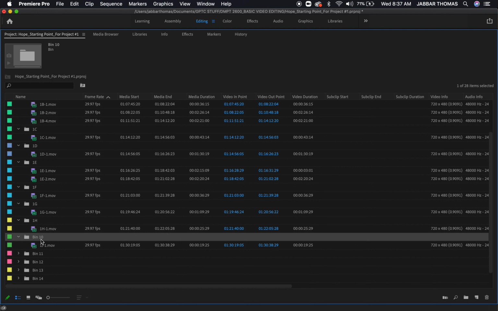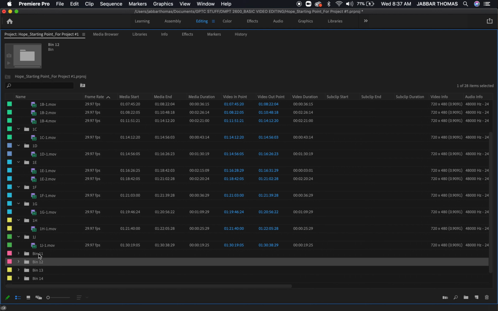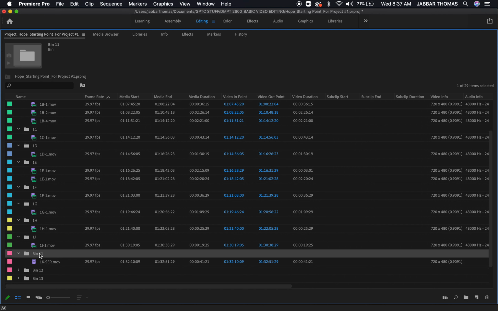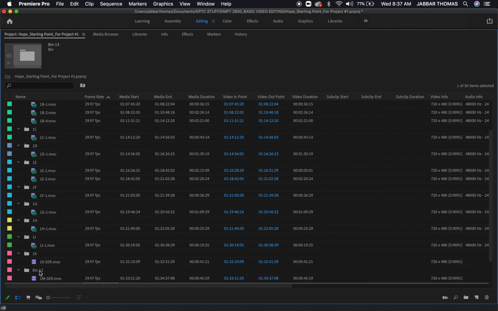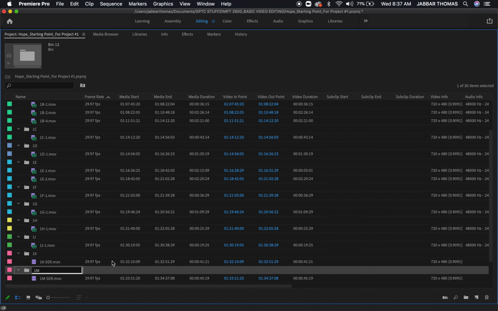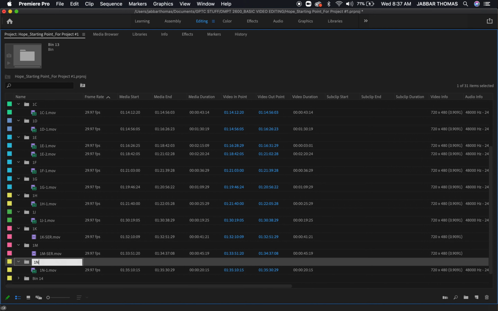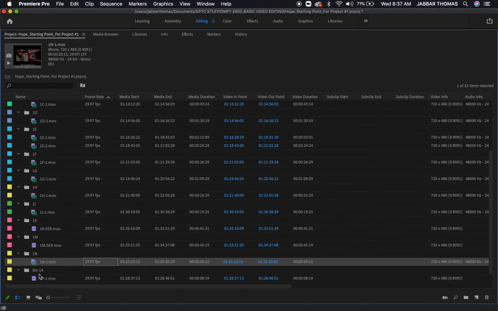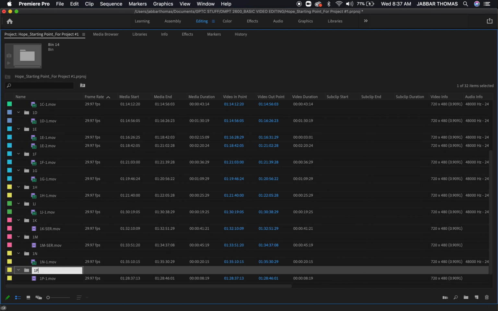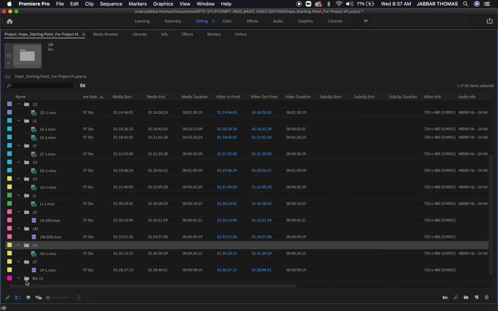And so I'm going to click one time to highlight the bin 10 and then click on the name. Wait a second or two and then click on the name. Don't do a fast double click. Just click, wait a second, then click again. Same thing with bin 11. This is 1K series. Okay. And then this should be 1M series. And then this should be 1N series. And this should be 1P series. And this should be